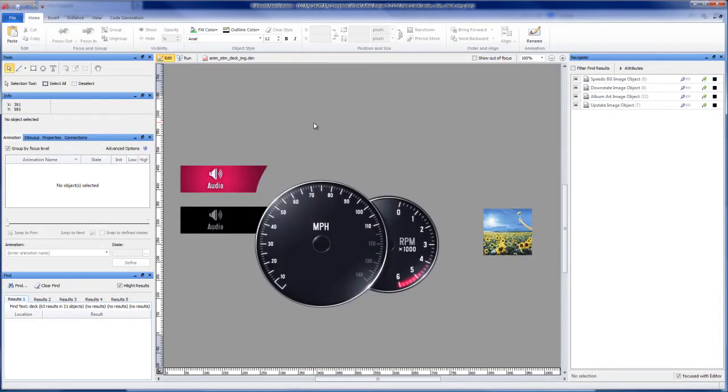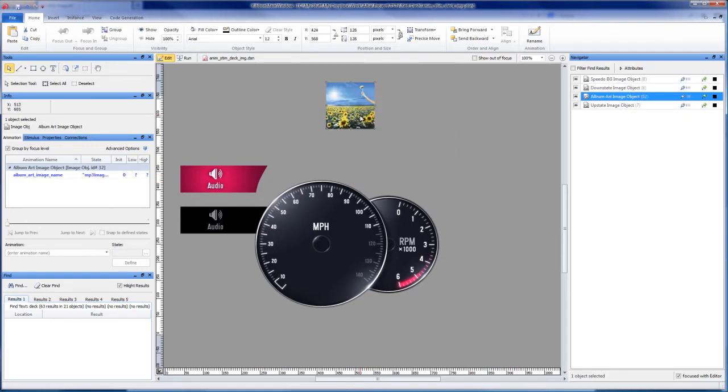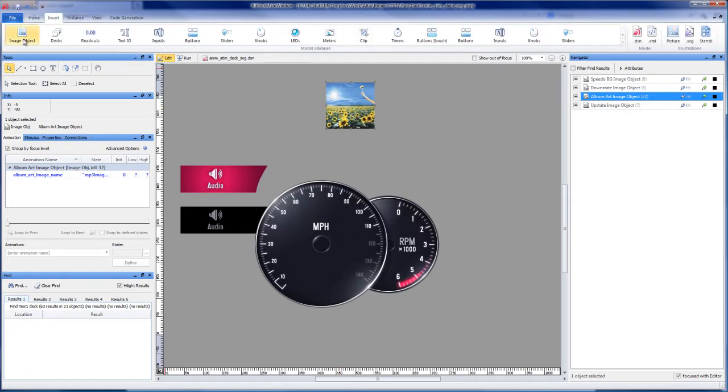In previous videos, you might have seen me making rotating needles on top of this gauge cluster image, or making buttons out of these two upstate and downstate images. What you haven't seen me do yet is play with this album art image over here. But before I do anything with it, I want to point out the fact that all four of these objects are image objects. You might notice that the uptrend here, image objects comprise much of LT Design GUIs.